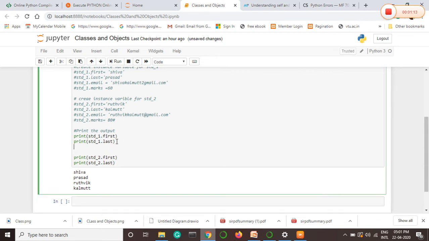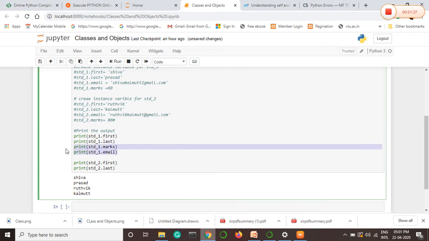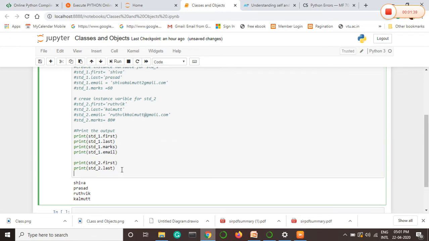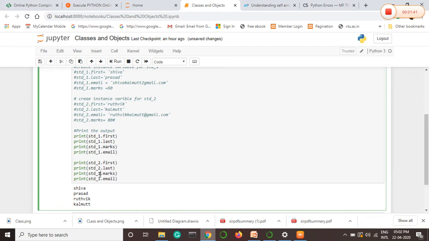If I want to print the marks of the first student, I will use std_1.marks, and also print std_1.email. Similarly, I will write the same for student 2, just changing the number here.